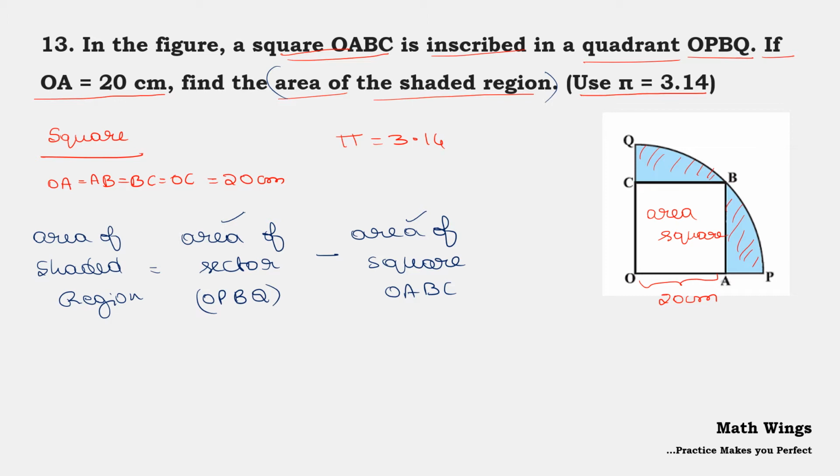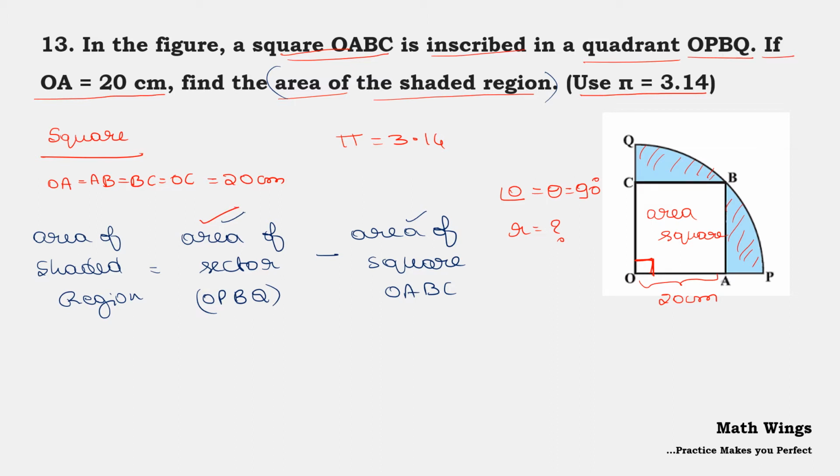Before going to find the area of the sector and the area of the square, let us list out what we have. If you observe, angle O is equal to 90 degree, because here COA is 90 degree as it is the angle of a square. So angle O, we can write, that is theta, which is equal to 90 degree. It is the central angle for the sector. Next, we need the radius. We don't know the radius here, and we have to find it to find the area of the sector.